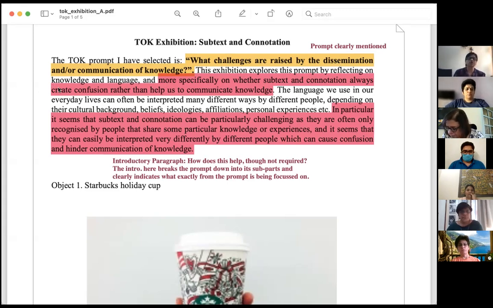But the child goes to talk of what specifically of the knowledge and language, where the student says more specifically on whether, within the umbrella of knowledge and language, subtext and connotation come in the way or create a confusion in the whole dissemination or communication of knowledge. So the child is talking of why has the child chosen language? Because of the angle of dissemination,